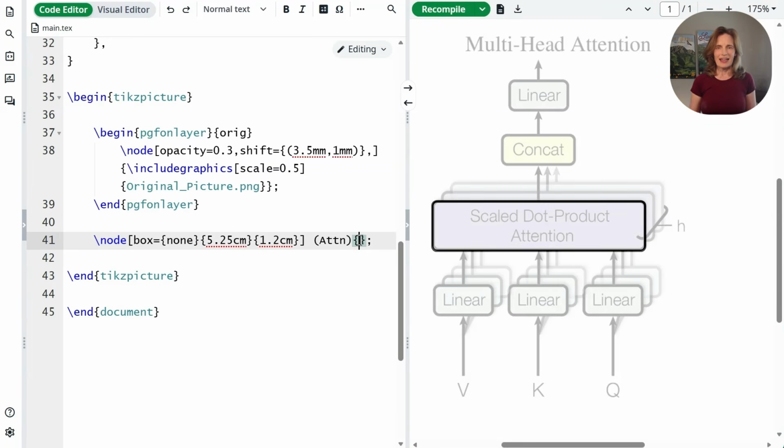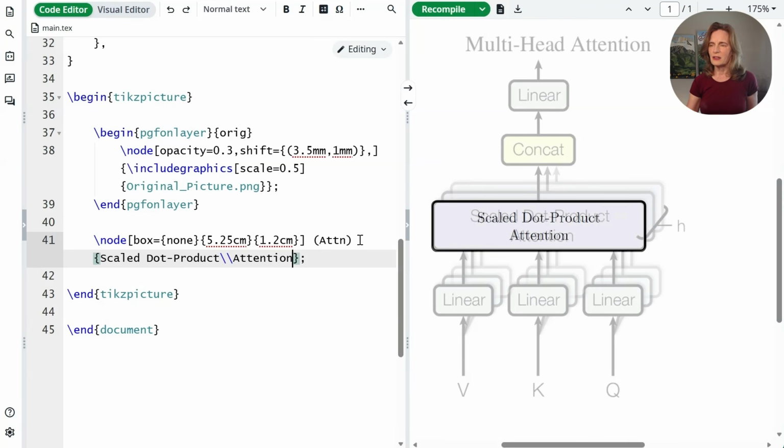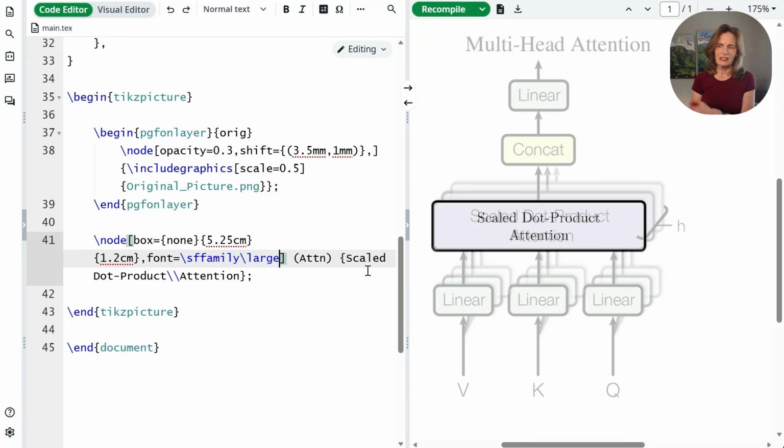Next, I'm going to go ahead and actually add the text to my block and see what it looks like. Notice that I put in a manual carriage return to split the text in the same way it is in the image that we're copying. Right now, this font is not the right font or the right size, so let's fix this. I'm going to go here to the node options, and I'm going to try the sans serif family and large and see how that looks. That looks much more like the font in our original picture. We won't get an exact match because a totally different program was used to generate it, but this is reasonably